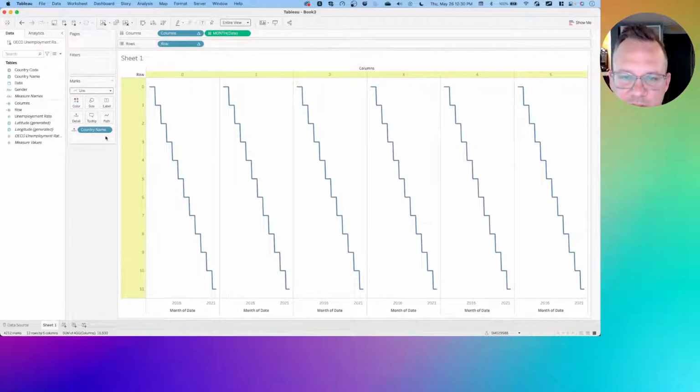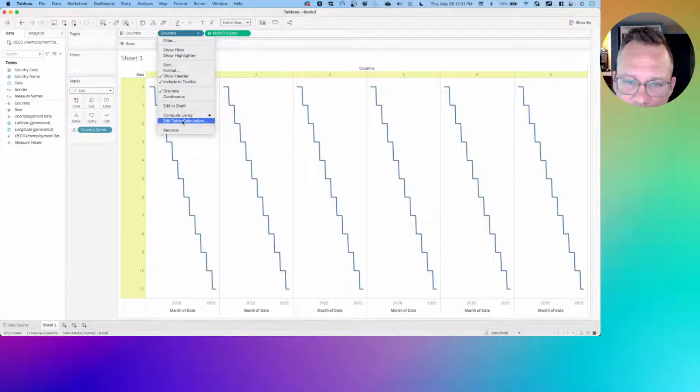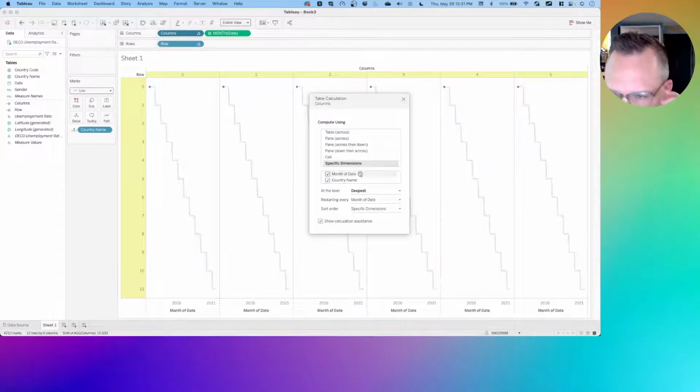Okay, so let's think about this. What are we trying to do? Instead of just clicking around and getting to what we want, what are we trying to do? Well, within each quadrant, within each size and index, we want to index each month for each country, right? So if we go here and we edit our table calculation,